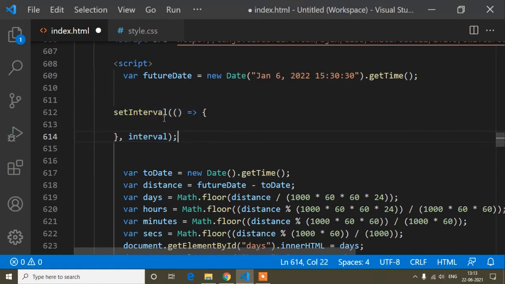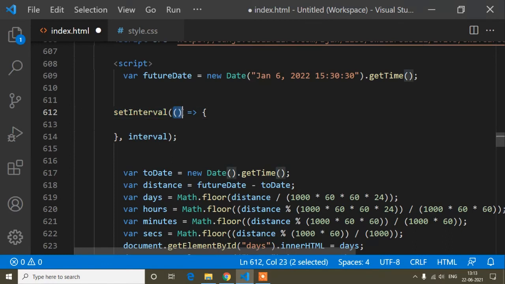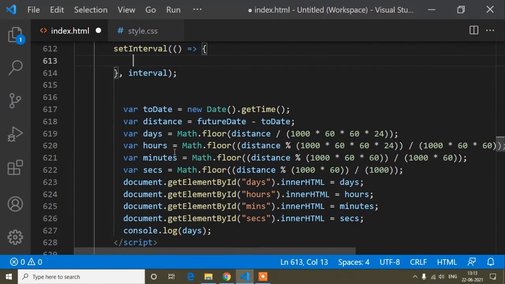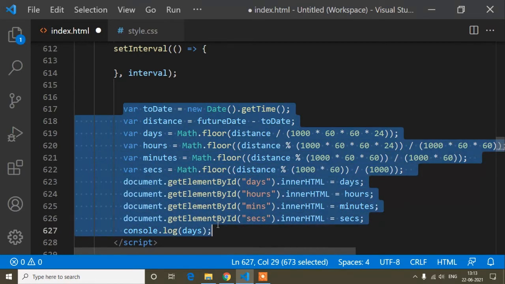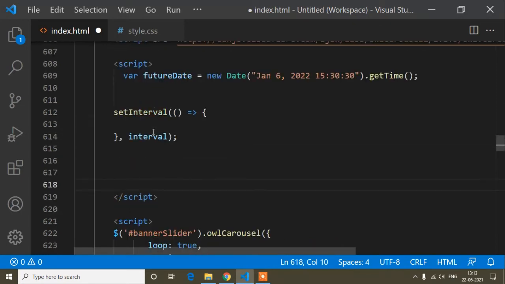The method name is setInterval and I have used an arrow function, that's why the parenthesis, like this. Inside this method I will put all the values. I will remove this console log because I don't need it. Inside this setInterval method I will put everything, and this is the interval.